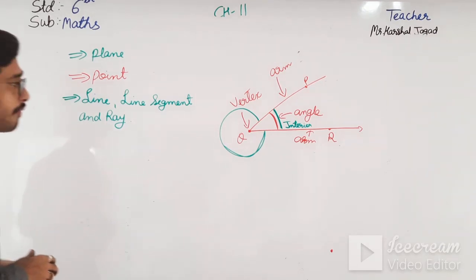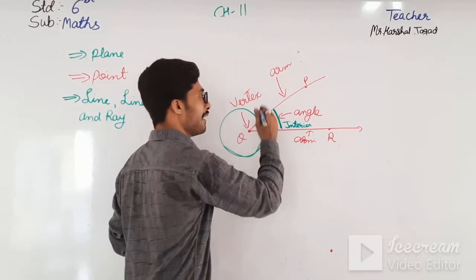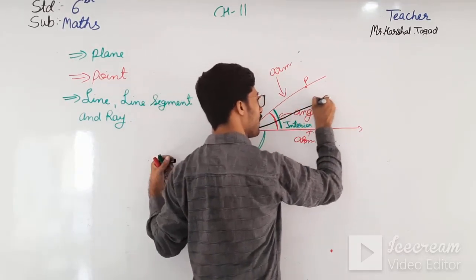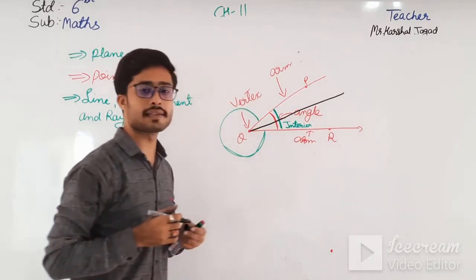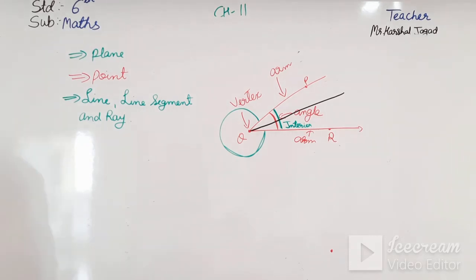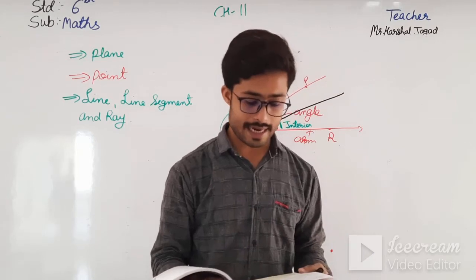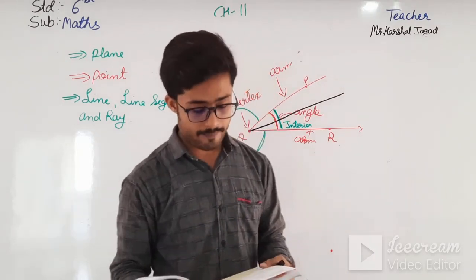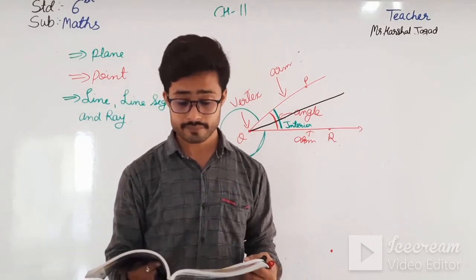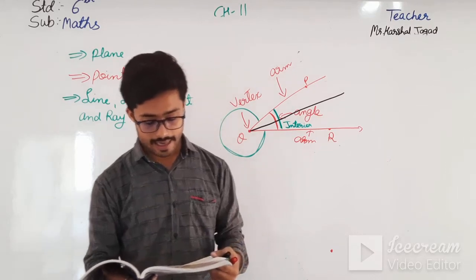Okay students, moving further, adjacent angle. Here now we will talk about the adjacent angle. So what is adjacent angle? If there is an angle and from between that I draw an angle over here, this is known as the adjacent angle. See here it is written: two angles which have a common arm and a common vertex and lie on either side of a common arm are called the adjacent angles. See here it is drawn like this. These are the adjacent angles.